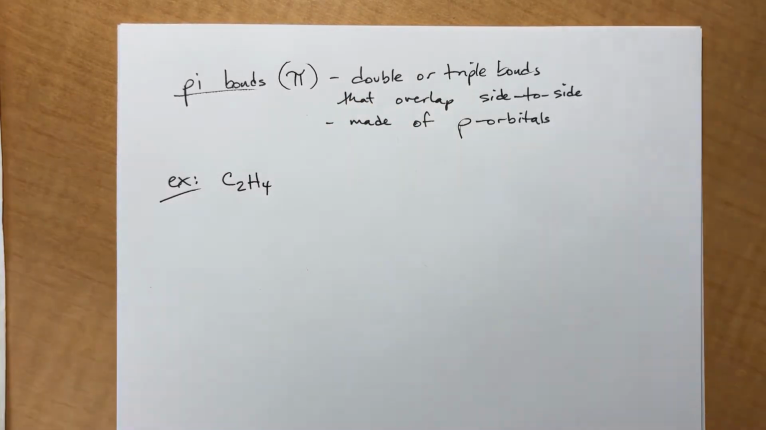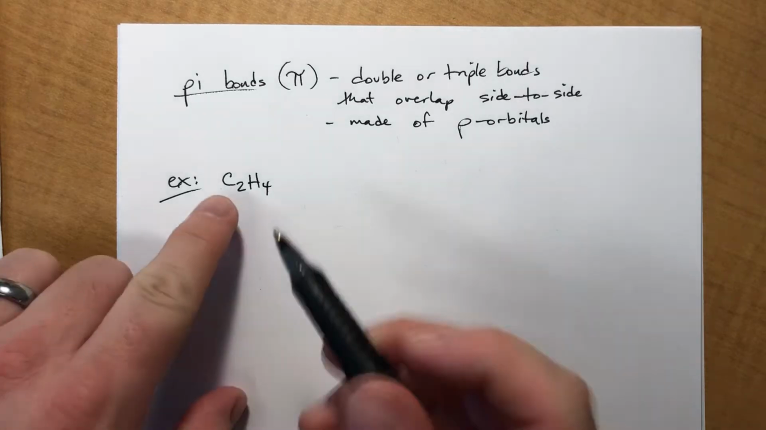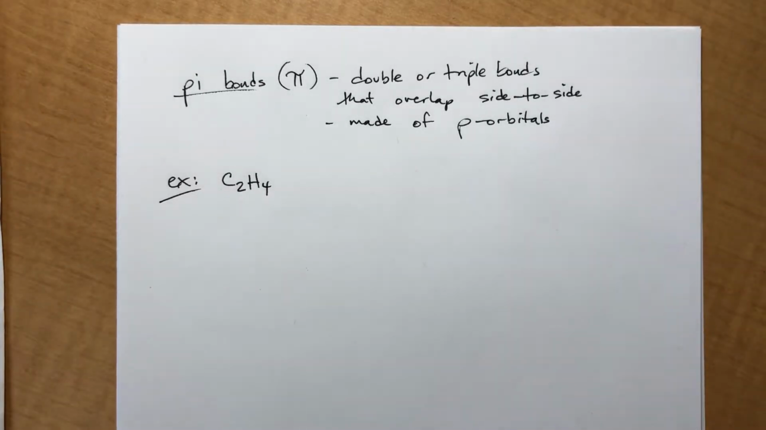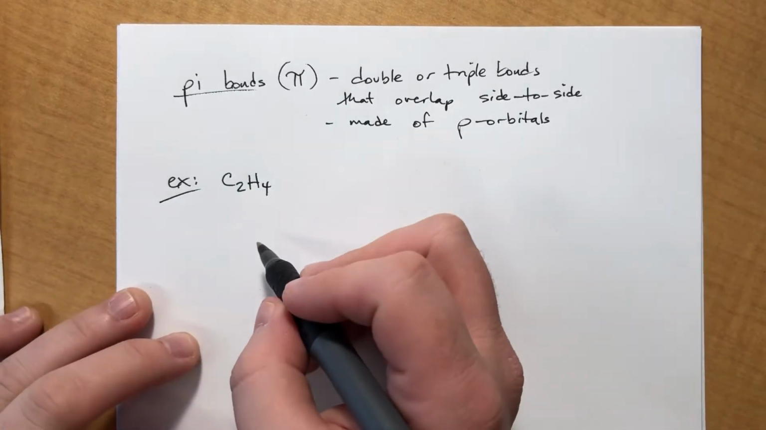C2H4. It's a compound called ethylene. It's used to ripen fruit. It naturally is produced by apples more than most fruit, which is why you don't ever put your bananas near your apples in your fruit bowl. The apples will produce ethylene and make the bananas go rotten. Okay. What we see is that